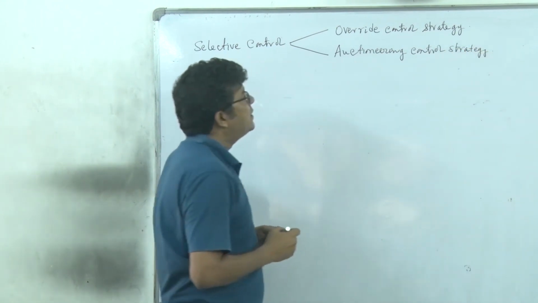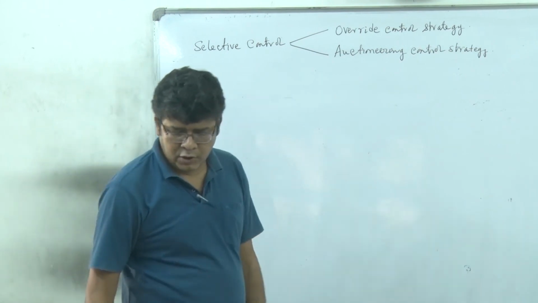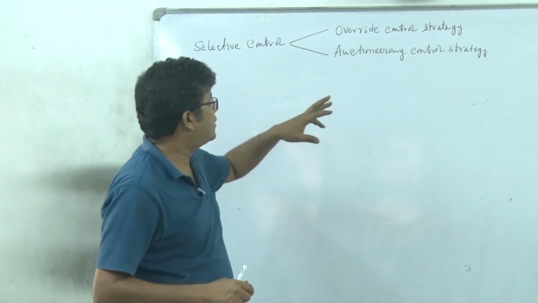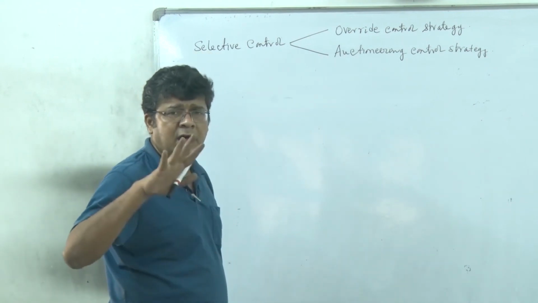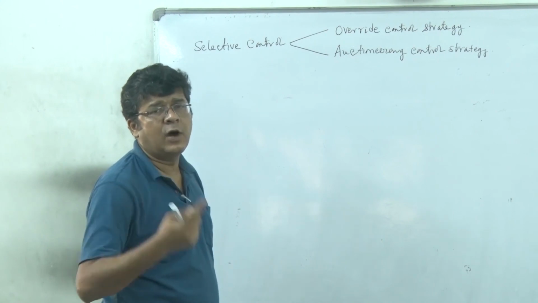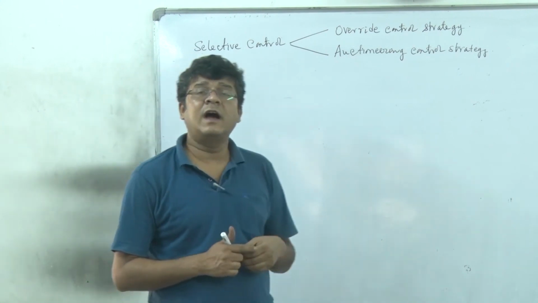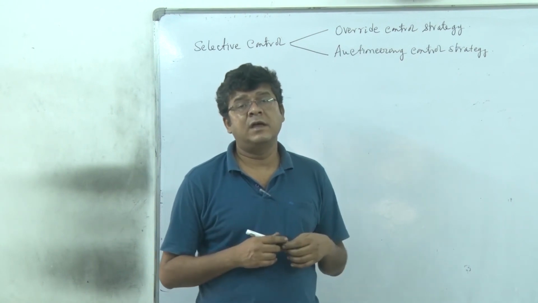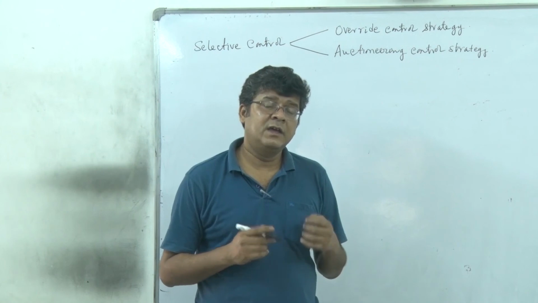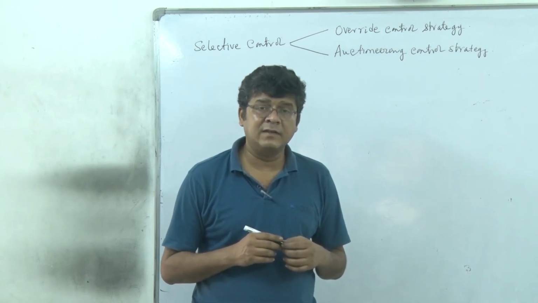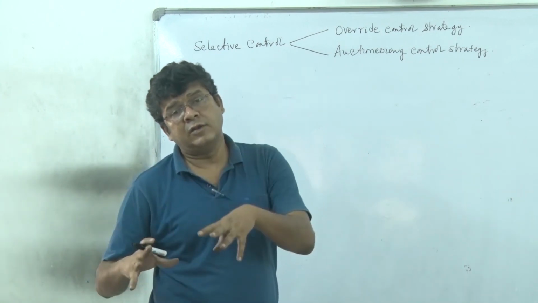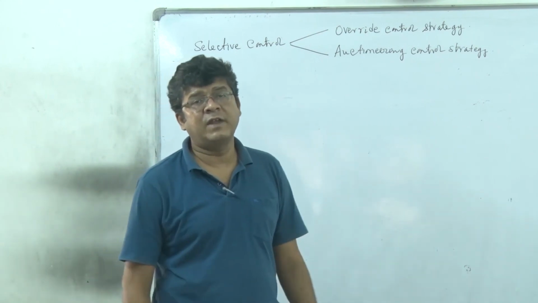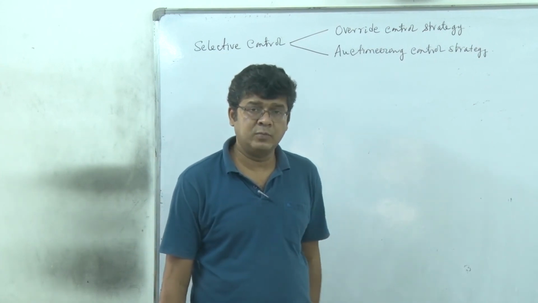Here in override control, we will have 2 different loops, right? Generally, a specific loop will operate the device. But during startup and shutdown, and even during normal operation, if something unusual happens, specifically keeping safety considerations in mind, then the normal loop's control action should be stopped and it should be switched to a safety loop or a startup and shutdown loop.